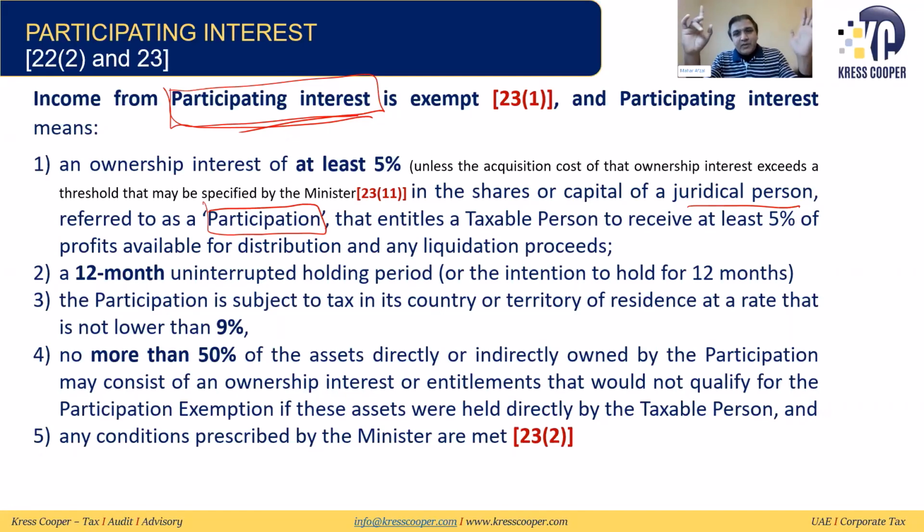These are the conditions: at least 5% ownership, 5% share in the distribution, 5% in the liquidation proceeds, the intention to hold for at least a period of 12 months, 9% subject to tax, and assets which are part of the participation, where at least 50% of the assets should not be exempt from tax. If these conditions are being fulfilled, then we can say,